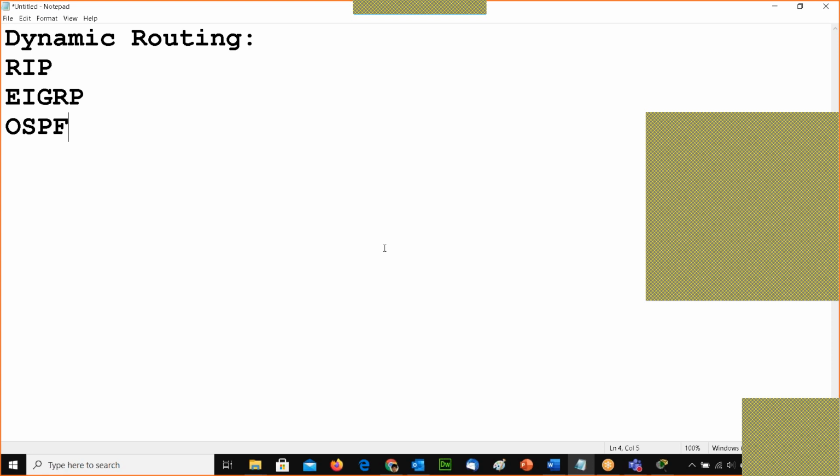So RIP version 1 was introduced with that concept, but there were a lot of issues with RIP version 1. That is the count to infinity problem. Then the split horizon problem. For example, a router is connected to north, south, east, west, but data learned from different zones is sent back to that same zone again, because the routing protocol, RIP, is not well aware of it. So there was a solution for that.